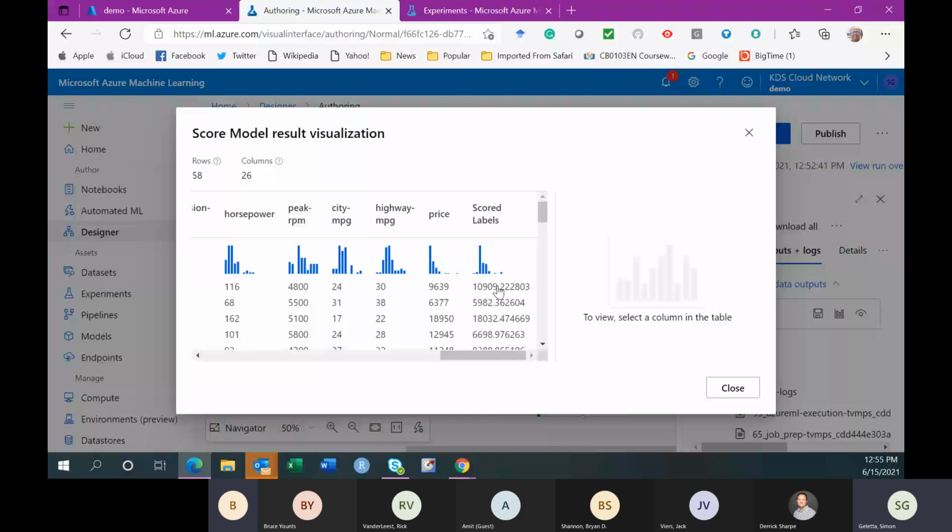Here we overscored or overestimated the price. For the second one, which I think is Dodge, we under predicted. The price is 6,377. The model predicted 5,987. Very close, but with some error. So you can see Volvo 18,950. The predicted value is 18,032. So that's how you look at this.